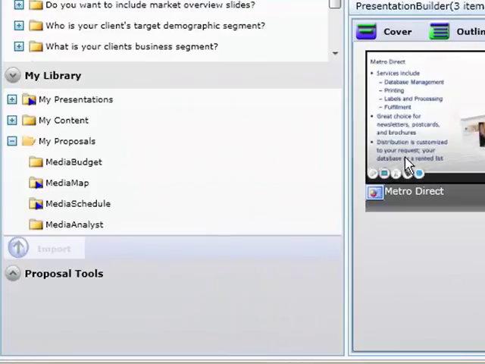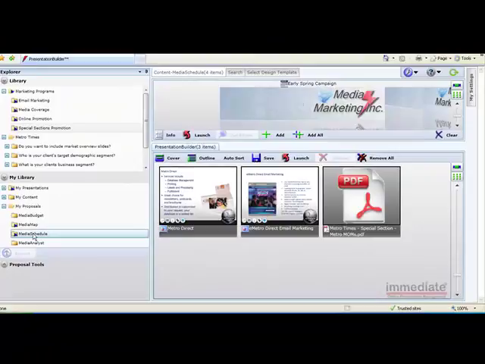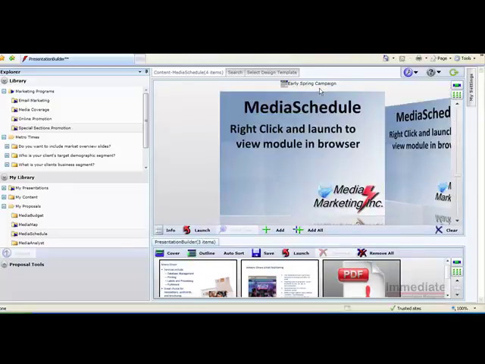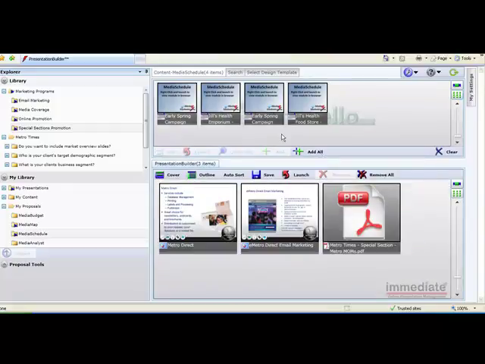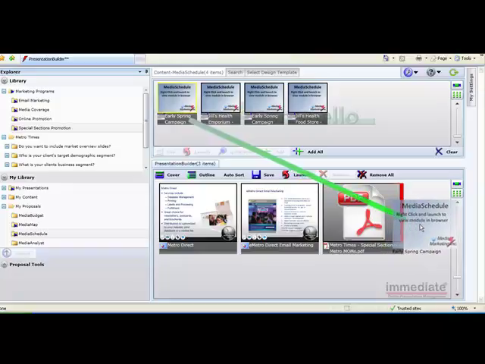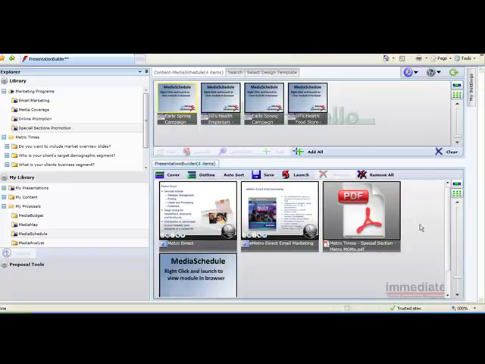You can also go back to content that you've used before. For example, under My Library, if I've created some proposals, I can click on Media Schedule, and it gives me the preview of them up above. I'm going to need to bring this down. There we go. So I can look at the title here, Early Spring Campaign, and probably Sorter View is just as easy. And as I look at those titles, some are generic, some are very specific, but if I've done my strategy right, I can bring this into the presentation and say, this is exactly what I want to propose